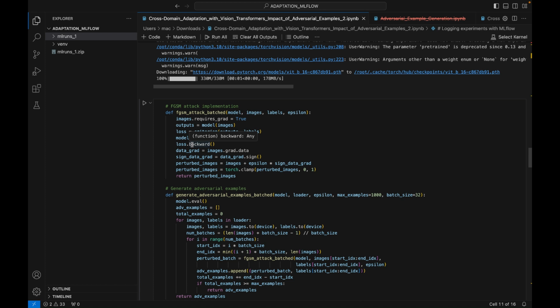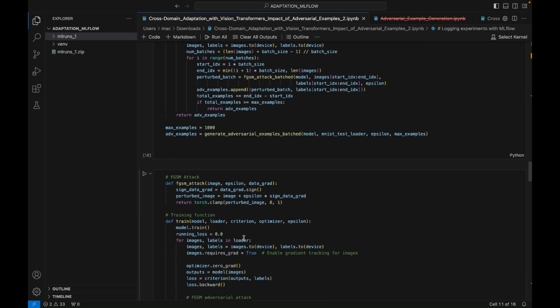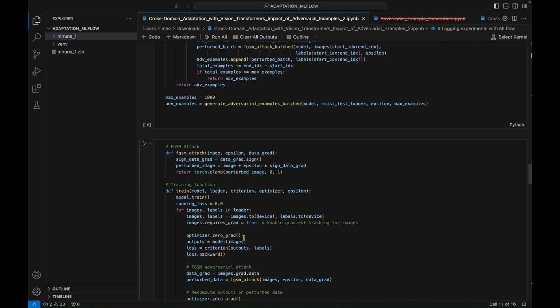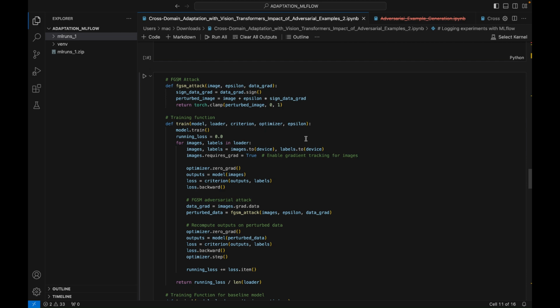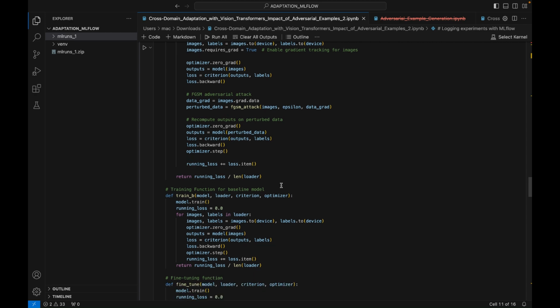Here, we performed an adversarial attack on the source domain. Then we did the cross-domain adaptation, which means we want a model trained on one domain to perform well on MNIST. We performed an adversarial attack on the target domain. Then we trained both without and with the adversarial attack on the target domain. Then we logged and experimented with this. We got accuracy. We fine-tuned on MNIST without and with adversarial examples, trained with adversarial examples, fine-tuned on MNIST, evaluated on the MNIST test set, then evaluated the baseline and adversarial MNIST examples. So there we saw that